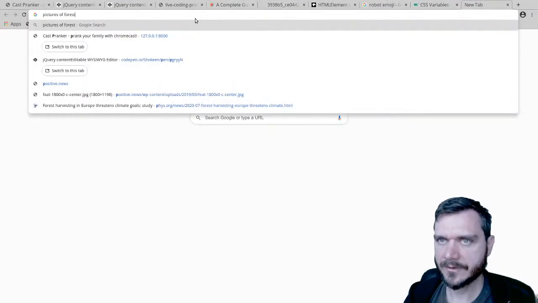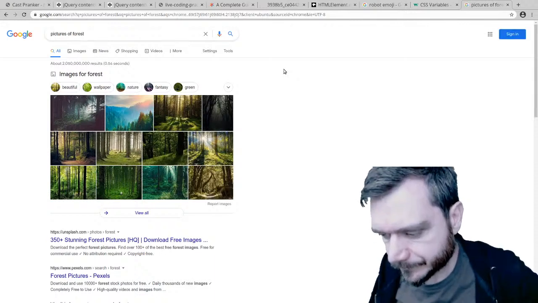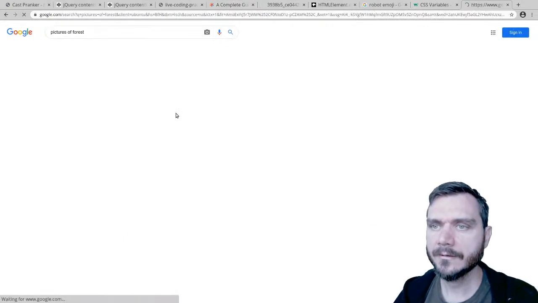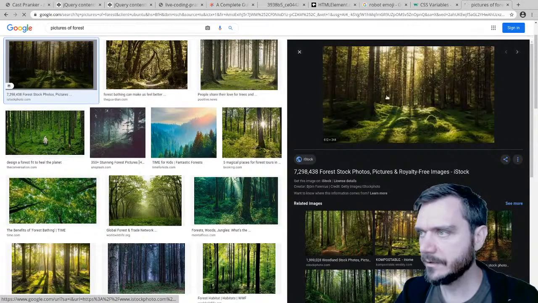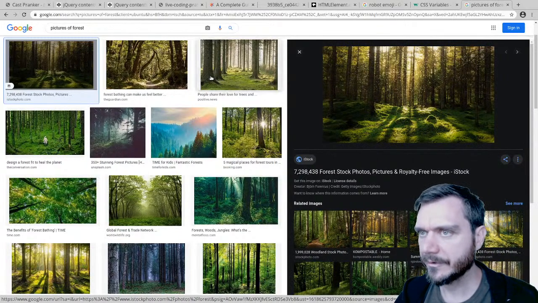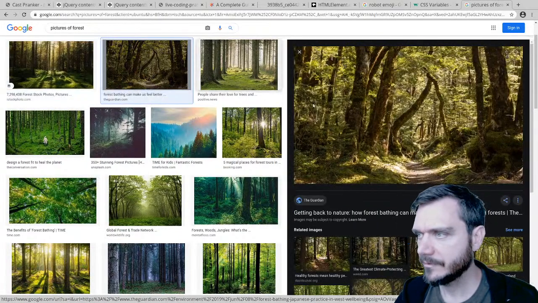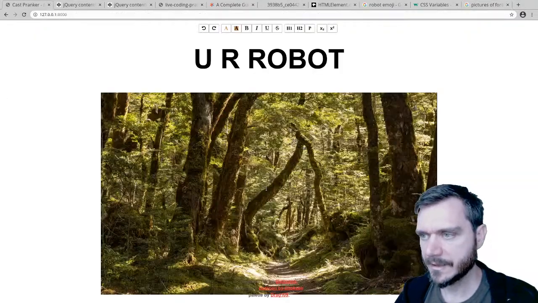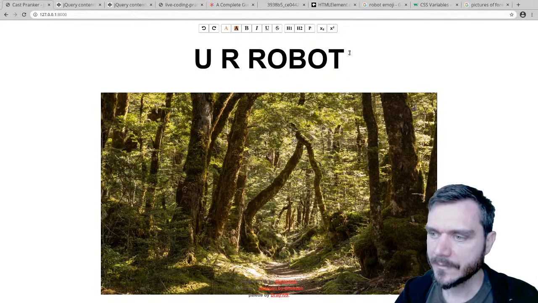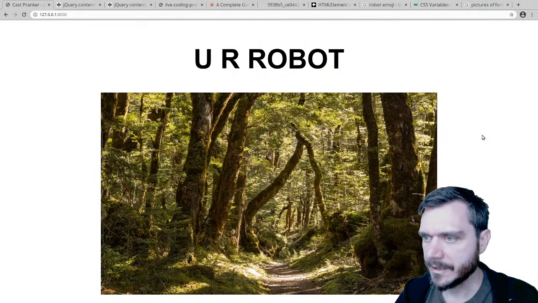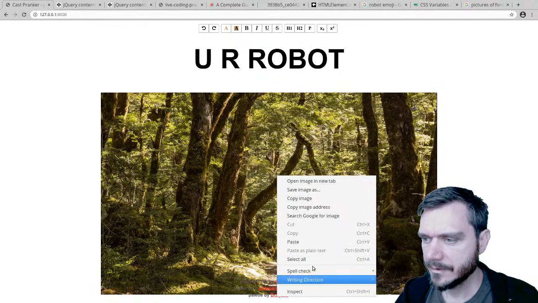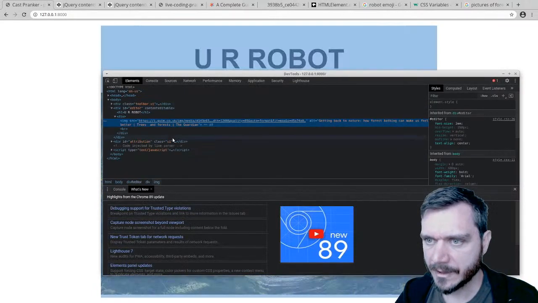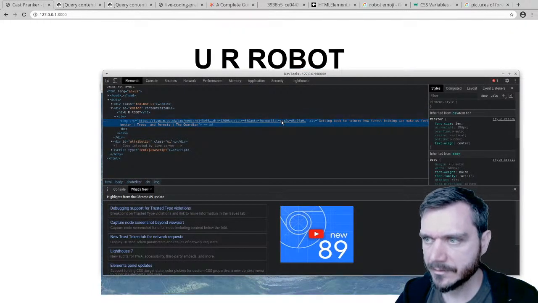Pictures of forest. Here we've got this nice forest picture here. 612 by 344, so quite big enough. 1200. Okay, copy this one, and we're going to paste that here. There we go. That's better. So this image is gigantic. I think it's actually doing some kind of resizing. Maybe the original 1200, but is my actual div